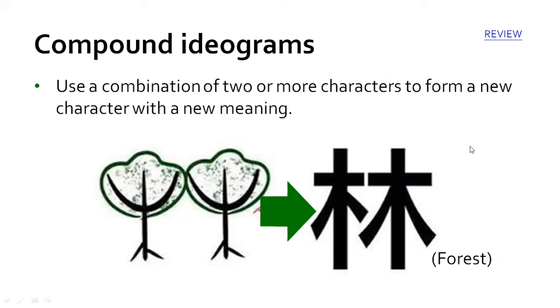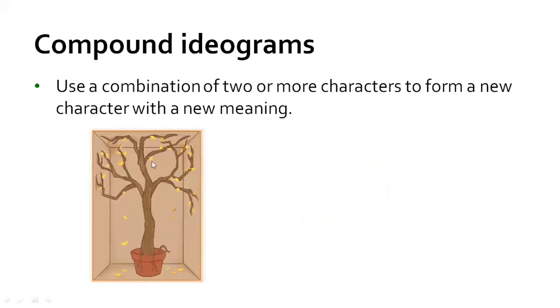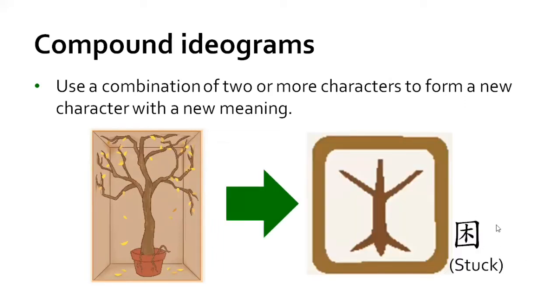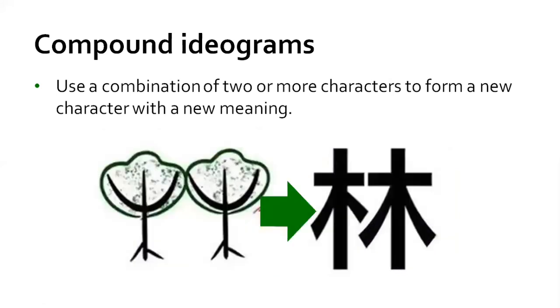And let's take a review of compound ideograms. A person takes a rest next to the tree. It means rest. A tree gets stuck in a box. A tree gets stuck in a box. And the person in the box, the person gets stuck in the box, it means in prison. 1 tree is a tree, 2 trees is a forest. Okay. And the next one,